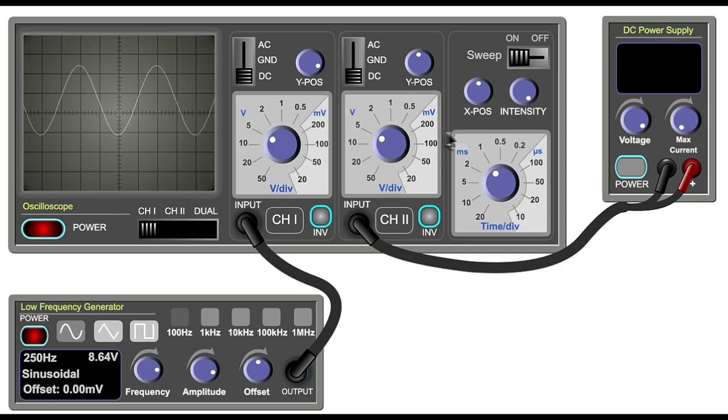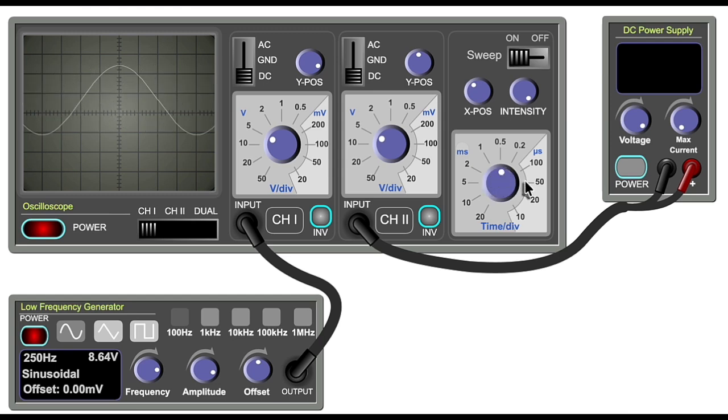Now considering the X-axis, over here we have 2 more important controls. We have the X position, as you might expect. That allows us to drag our trace left and right. Again, really useful for lining up with grid lines. And the time per division, usually known as the time base or sometimes the X gain, controls the scale of the X-axis. So I can make the scale smaller